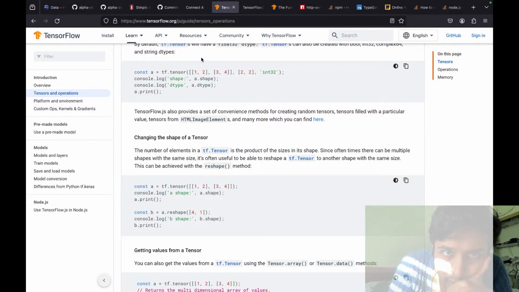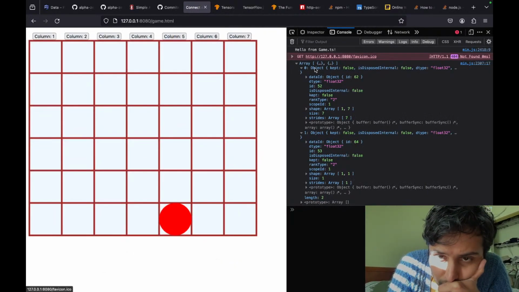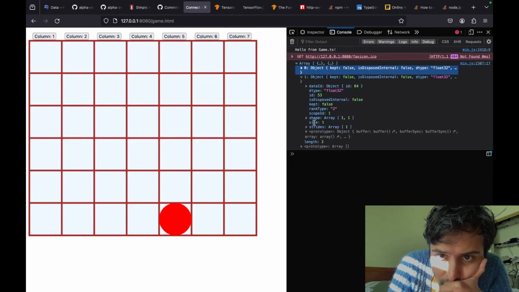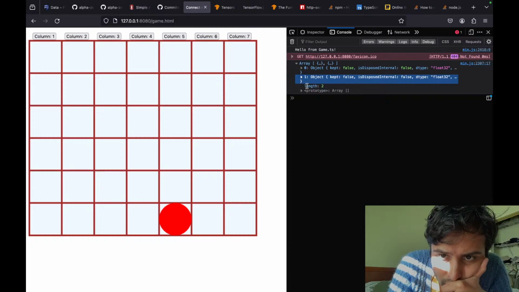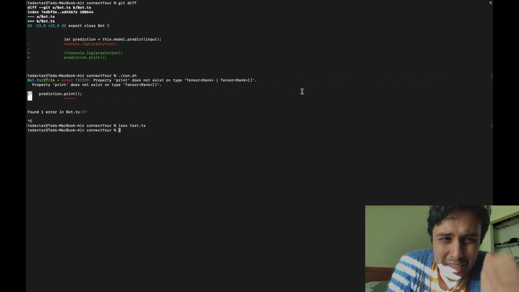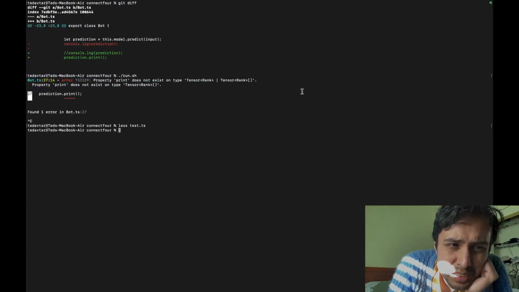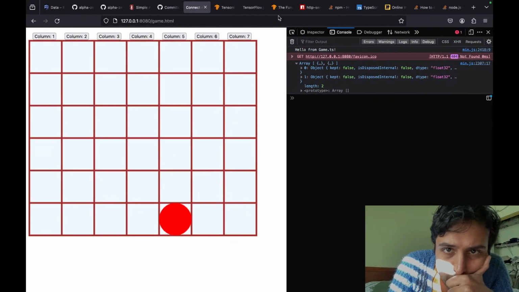Wait, console.log logged it, right? Shape.